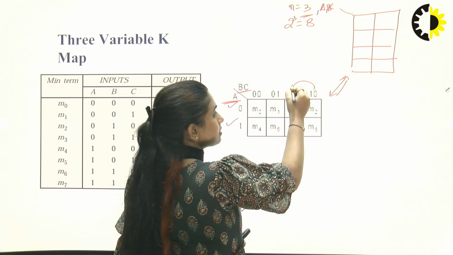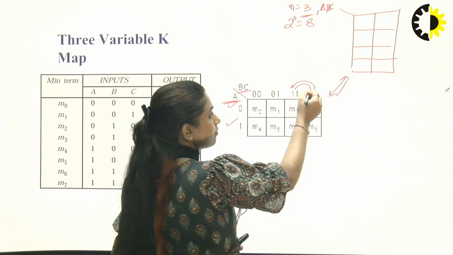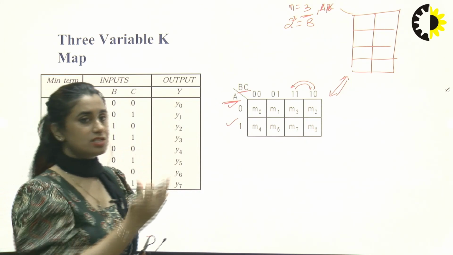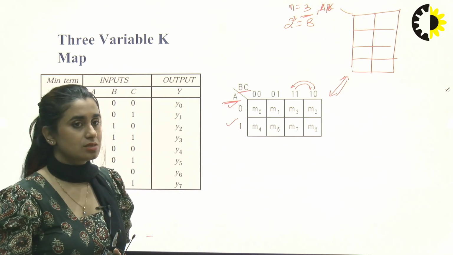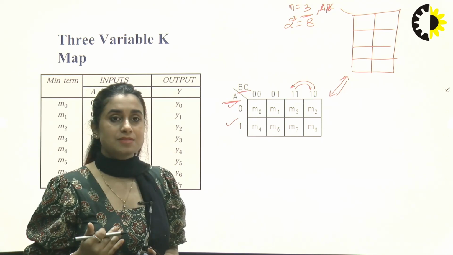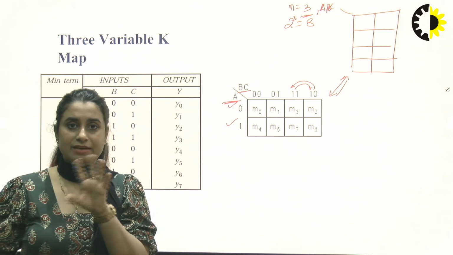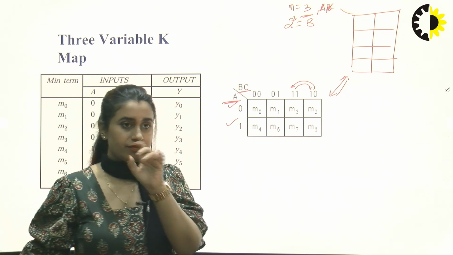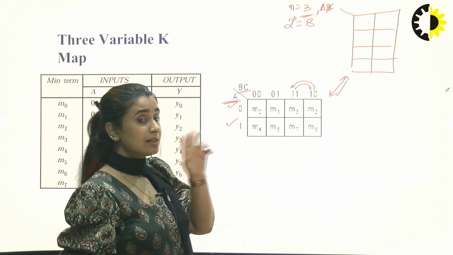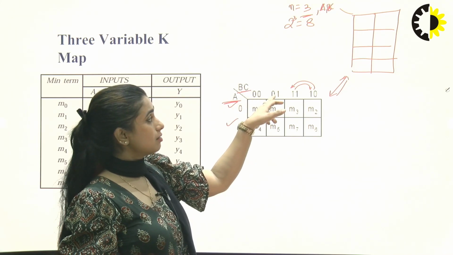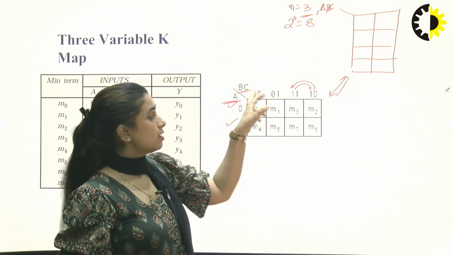1 0 isn't written here, whereas it is written here, and 1 1 is shifted this way. The reason for this is, while solving K-maps, every time there should be only a 1 bit difference. The Hamming weight, if we are aware of the concept of Hamming weight, is the weight a bit carries, right?